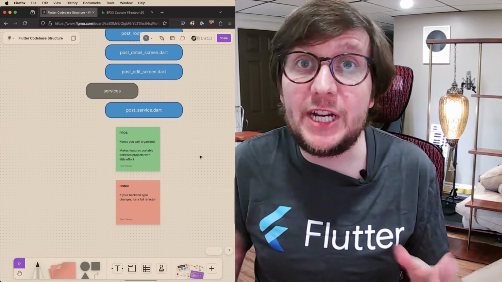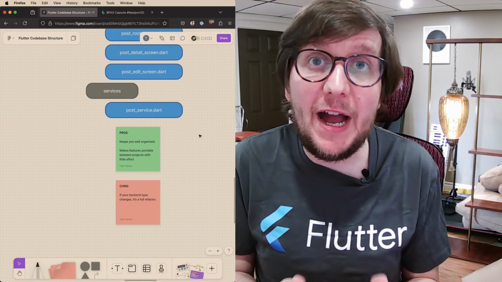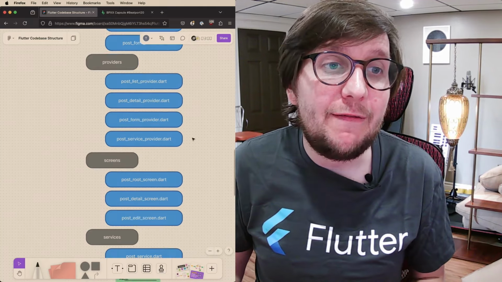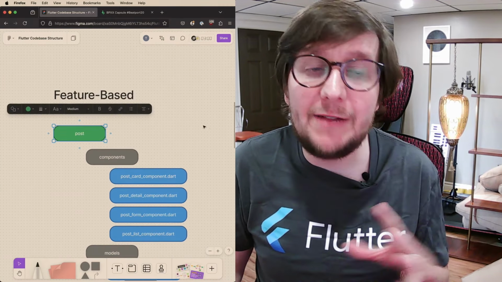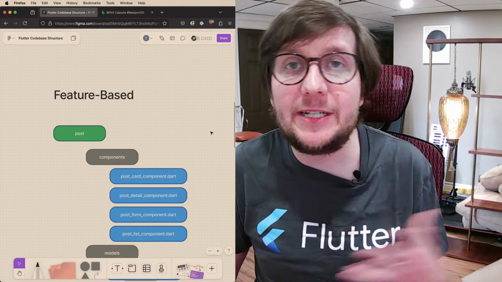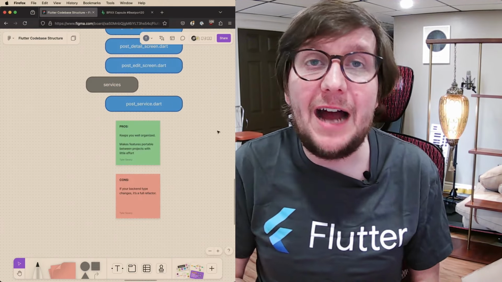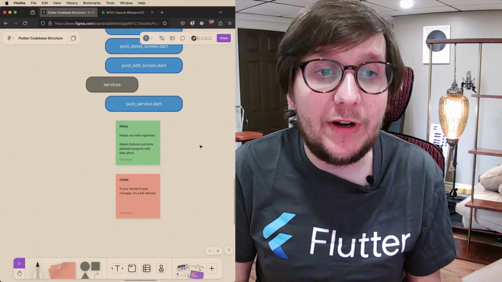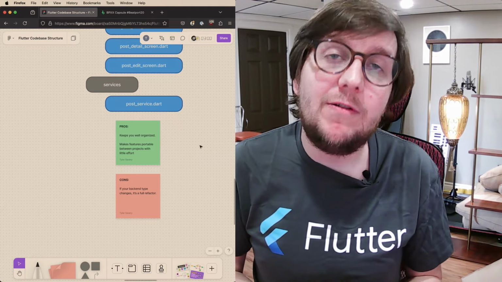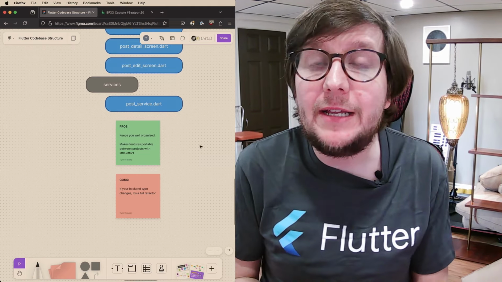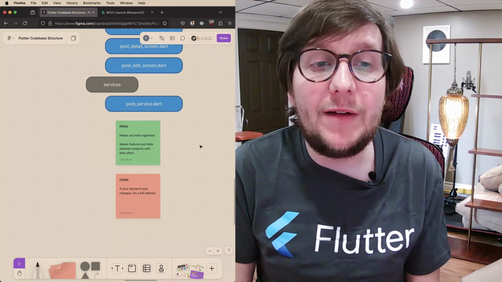Because instead of cherry picking those different files, I can pull this entire folder into a new project and probably have to make some adjustments based on the new project's requirements, but the general structure and functionality will be there, just by copying one folder over. The only con I can think of with this approach, and it'll make more sense in the next topic we'll cover,